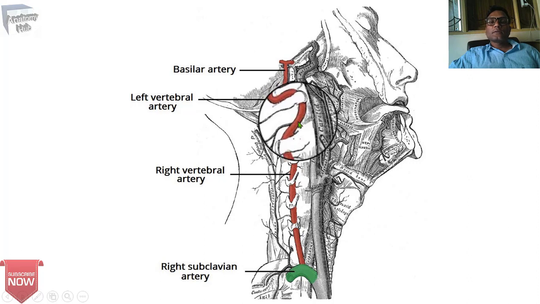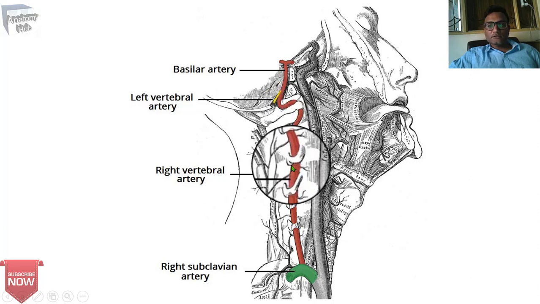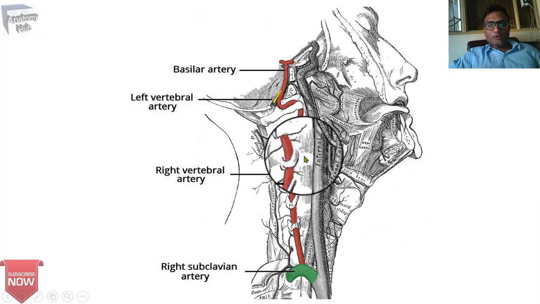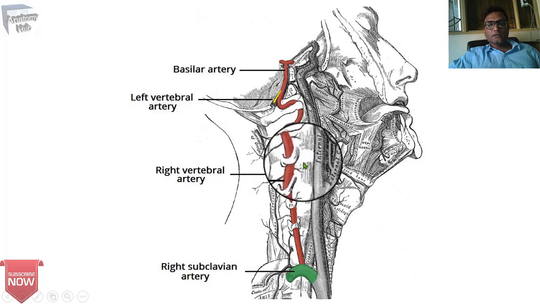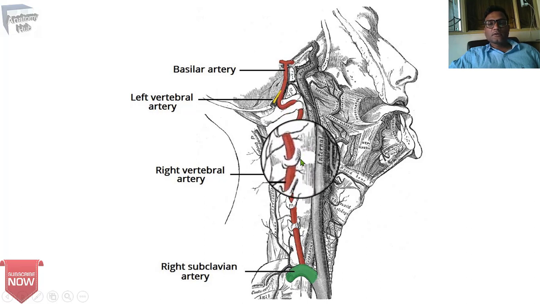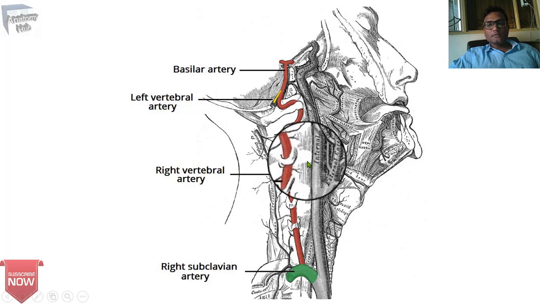So the vertebral artery and vertebral vein pass through it. And here you can find that this is the spinous process and this is the body. In between the superior and inferior vertebral arch, when they articulate with each other, it forms a foramen. This foramen is your intervertebral foramen.